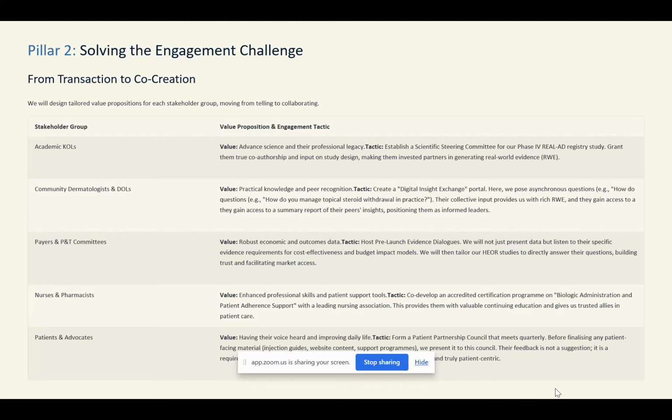The commercial or marketing team sometimes just considers this as a means to pay a fee for service or honorarium to the doctors who are being engaged, and they don't critically value these engagements. But if you really see from a medical affairs perspective, this is a golden opportunity when you